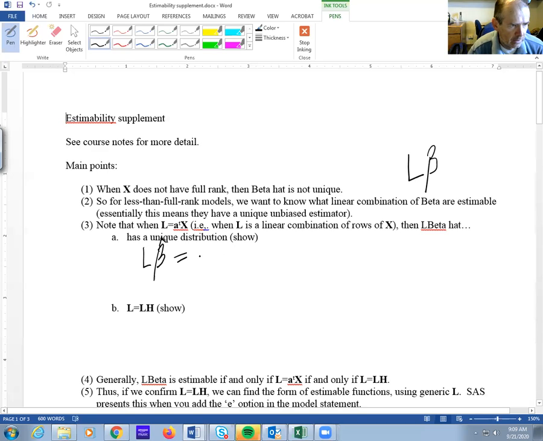And so when L equals A transpose X, so there's some A, it's basically saying that there's some linear combination of the rows of X, and then beta hat,